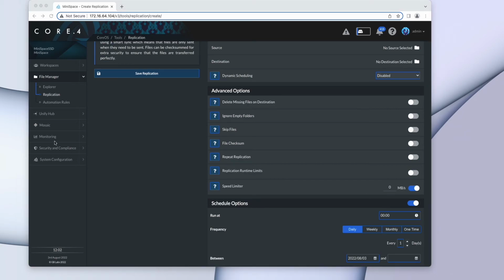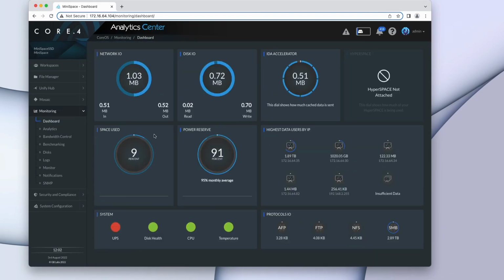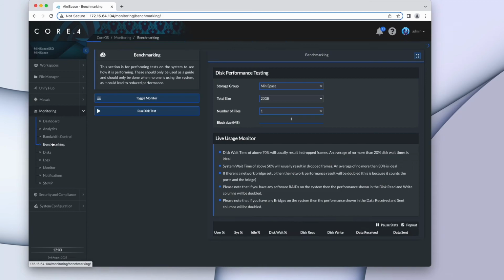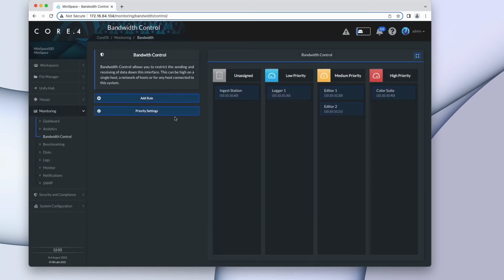Going back to the side menu, Monitoring will show multiple options to see the real-time performance of your GB Lab server. The dashboard provides a quick view of networking performance, space used, power usage, and environmental conditions. Benchmarking allows users to perform read and write speed tests right from CoreOS to confirm the performance of your server. Bandwidth control allows users to dynamically adjust network allocations to specific users. Aside from the new dark theme, the layout and drag and drop functionality to set user priority remains the same